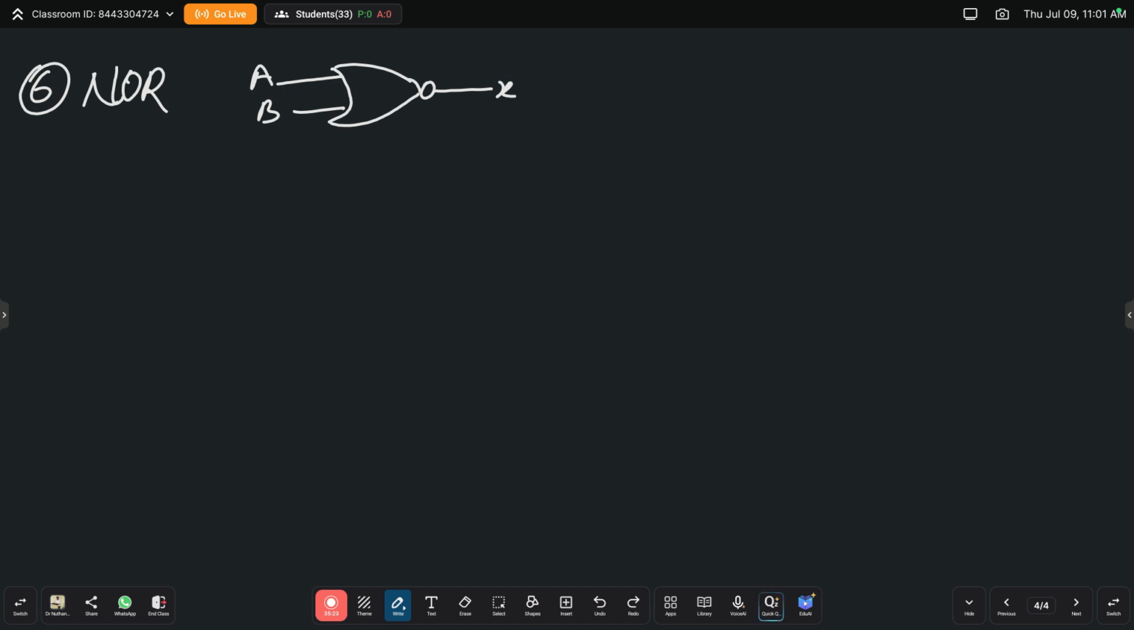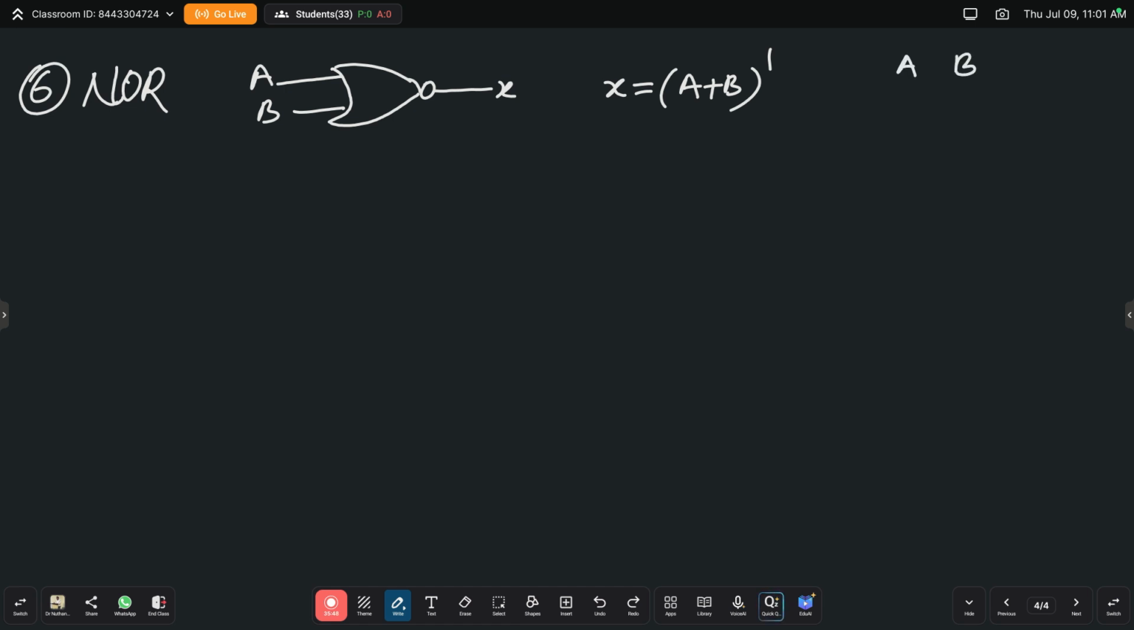Then what is the formula, regular expression? Tell me. Generally, OR gate regular expression, tell me. X equals to generally A plus B. You should apply. Okay. Then truth table